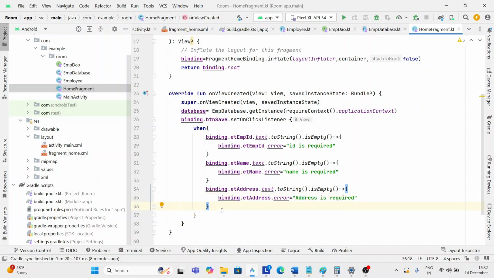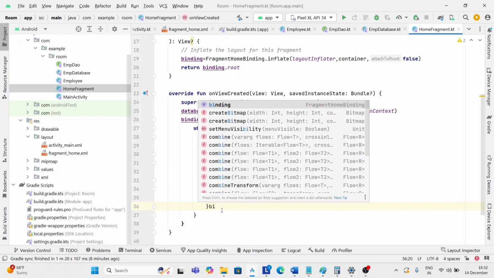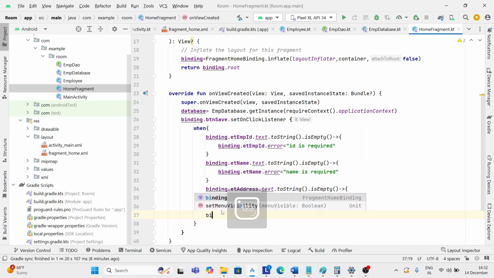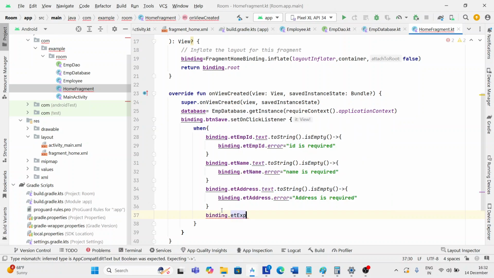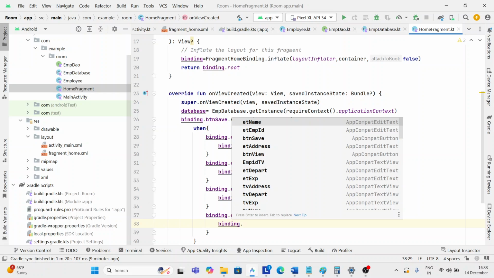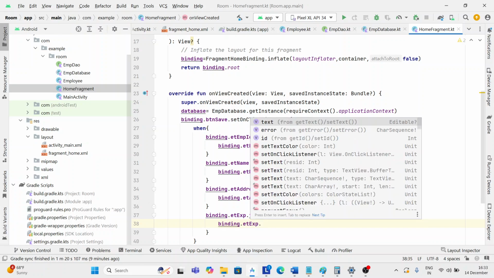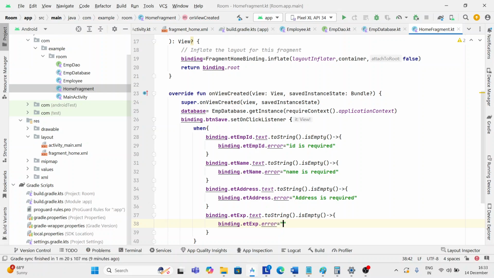Okay, similarly I will do it with experience: binding.etExperience.text.toString.isEmpty. Then here I will pass one message over here: binding.etExperience.error, and here I will pass one error, "Experience is required". Okay,